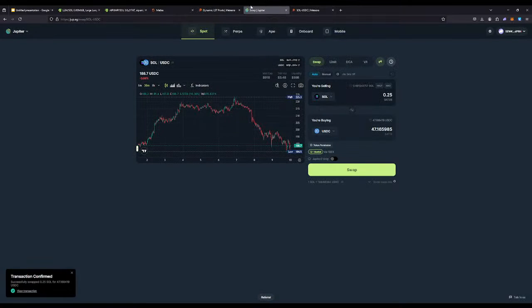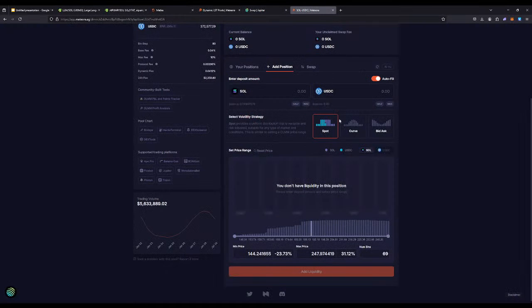And now I have both some Sol and some USDC. Whenever you want to refresh, there's this refresh button here, and your wallet balance is refreshed. Very handy. As you start using the platform more and more, you realize it's a super handy feature. And so now basically what I'll do is I'll